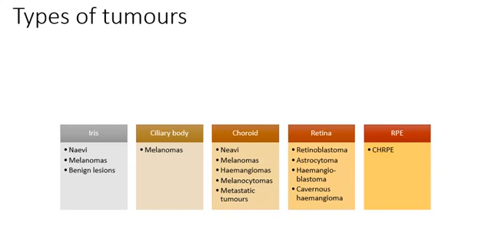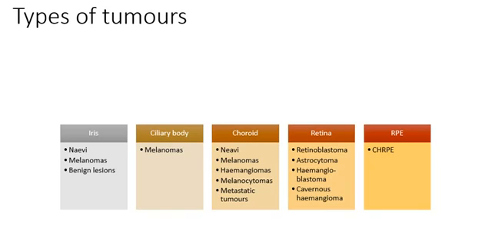Ocular tumours can occur pretty much anywhere in the eye, as you can see in this slide here. So they can appear in the iris, the ciliary body, the choroid, the retina, and the retinal pigment epithelium. And I've divided all the different types of tumours under the particular eye structure that they affect. So in this presentation, I'm going to tell you about those tumours that you are most likely to see clinically,